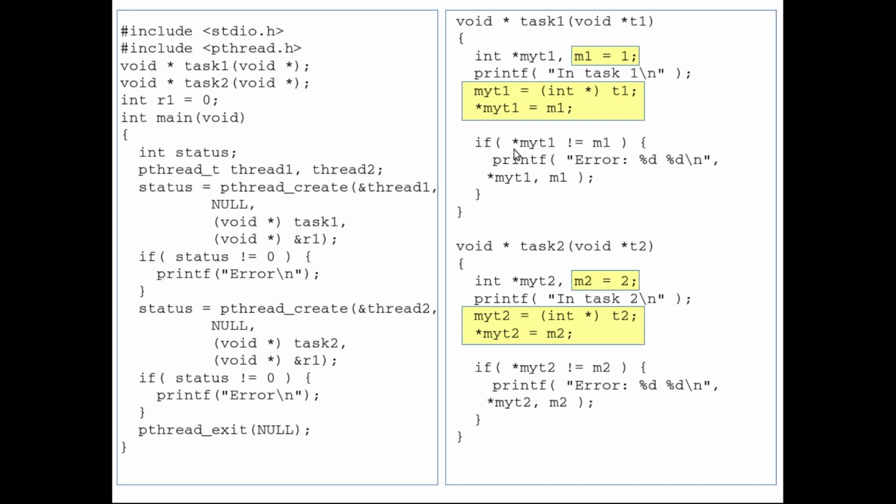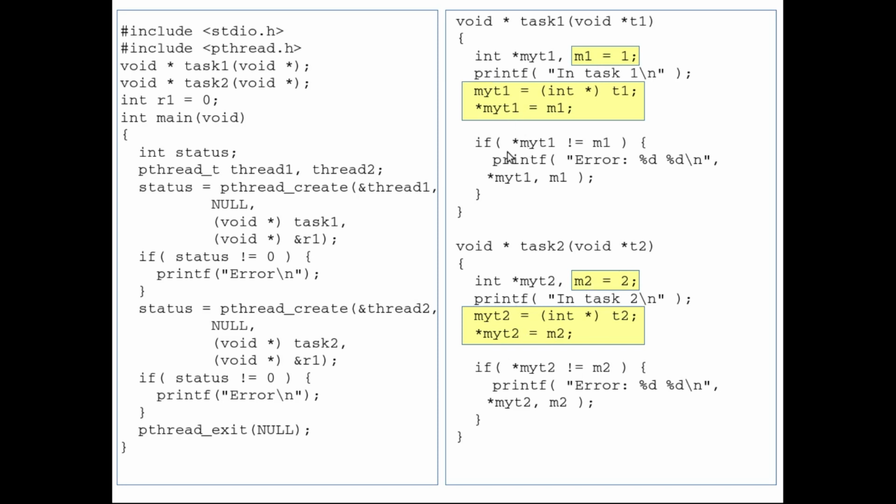So this code will store the value 1 in the global variable r1, and it will also store it in the local variable m1. Similarly, thread 2 is storing the value 2 in the global variable through this pointer, and 2 is also stored in the local variable m2.